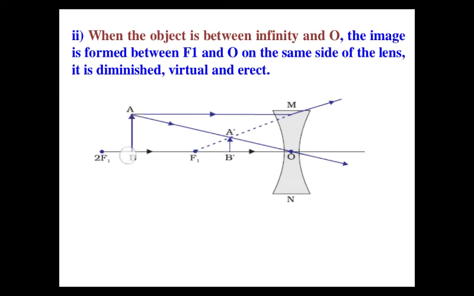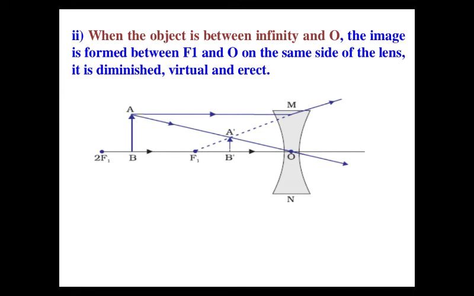That's why this is a combined diagram of all other cases, and somewhere we have placed this object, and then we will show two rays of light. One, parallel to the principal axis, will diverge after refraction, and another ray of light which passes through the optical center will go undeviated. These are actually diverging, no hope of meeting these rays of light on this side. That's why when we trace these rays back, they will meet at this place, and wherever they meet, the image is formed at that place.